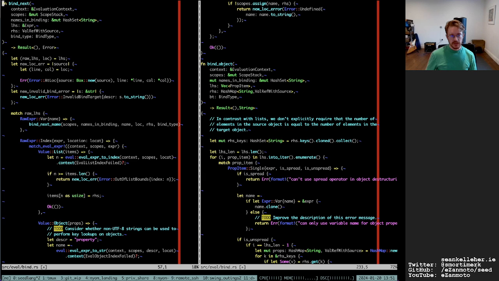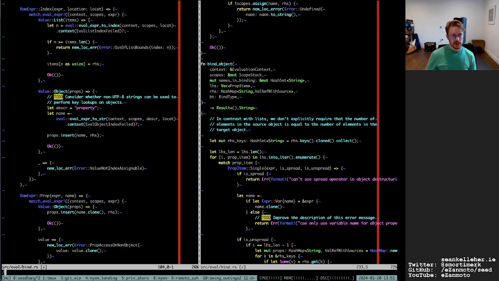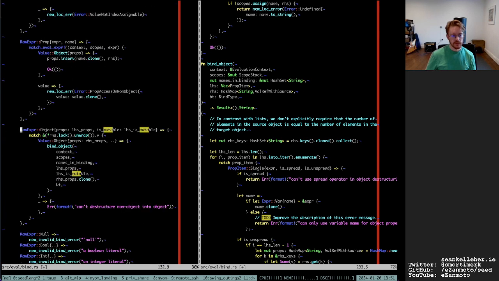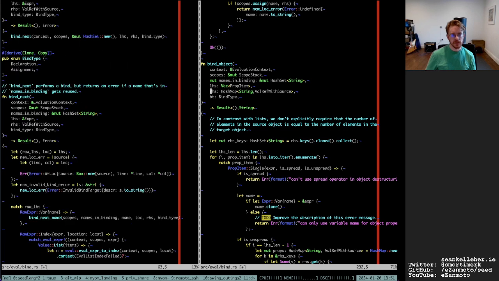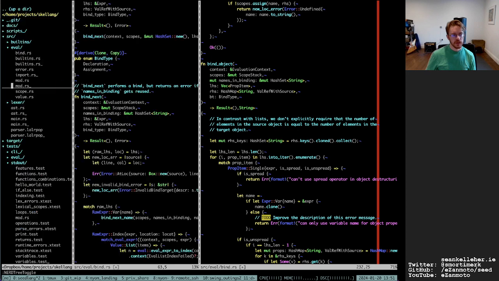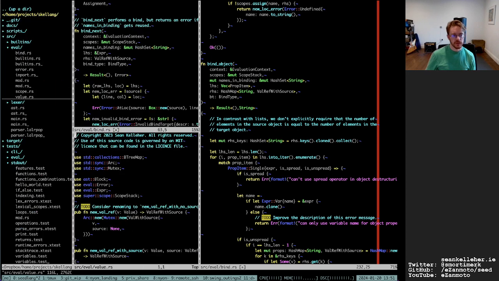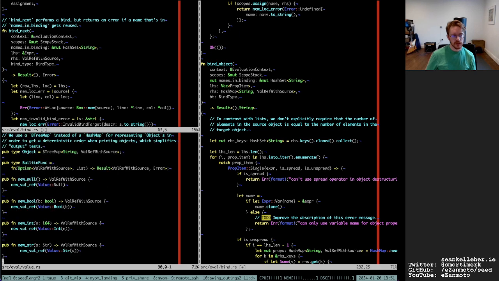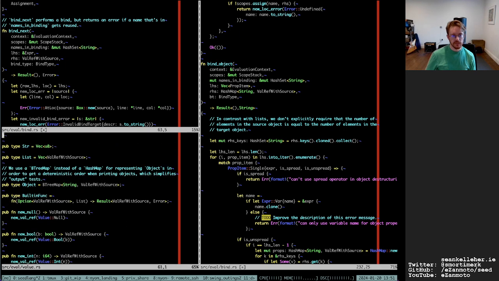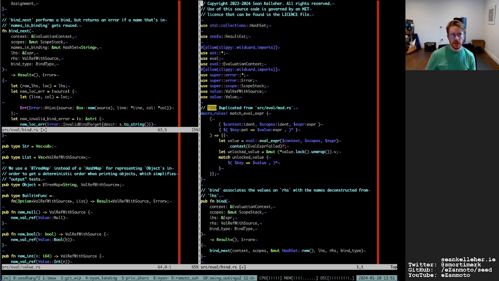We don't have a concept of mutability just yet. We have the right hand side, which is the, let me see, have we a simpler type alias that we can use for that? So an object is a B-tree string. Yeah, so I think I can change that to an object.